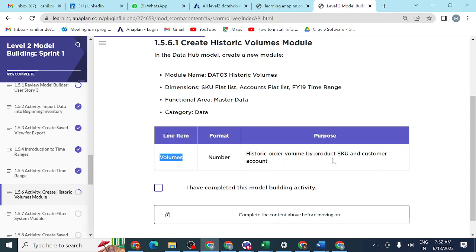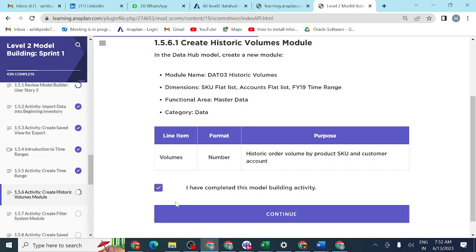Historic order volume by product, SKU and customer account. So product wise and customer account wise you will get here. So we just created the module.